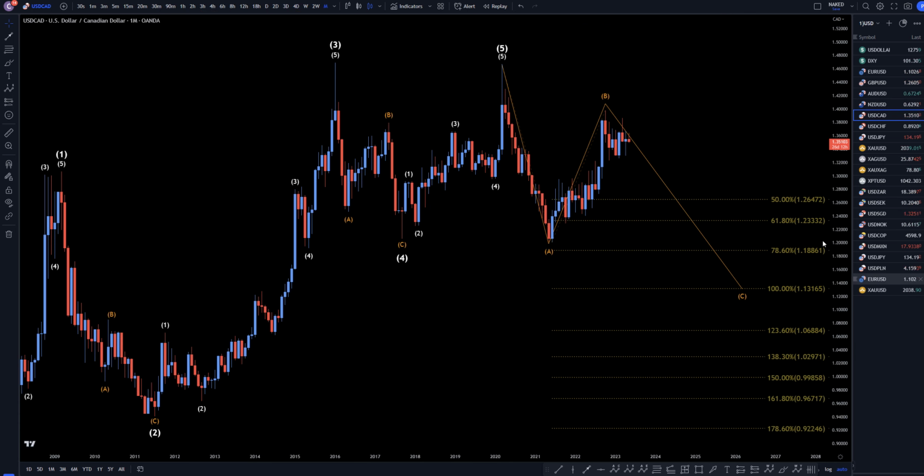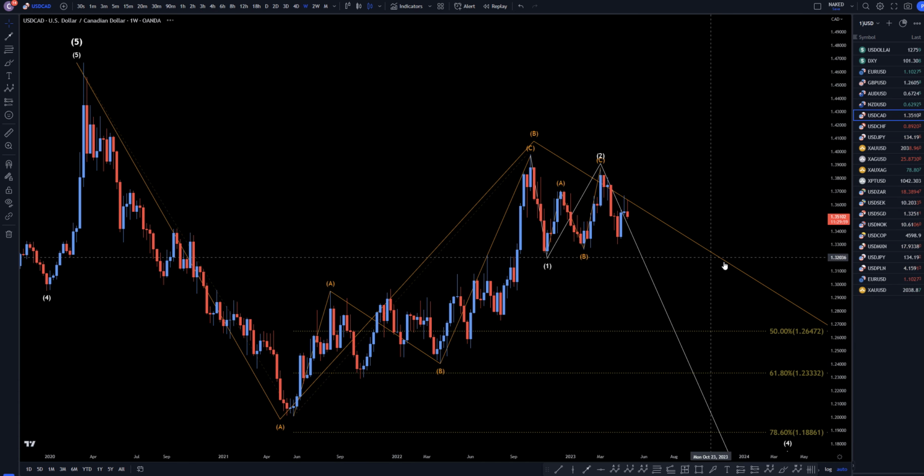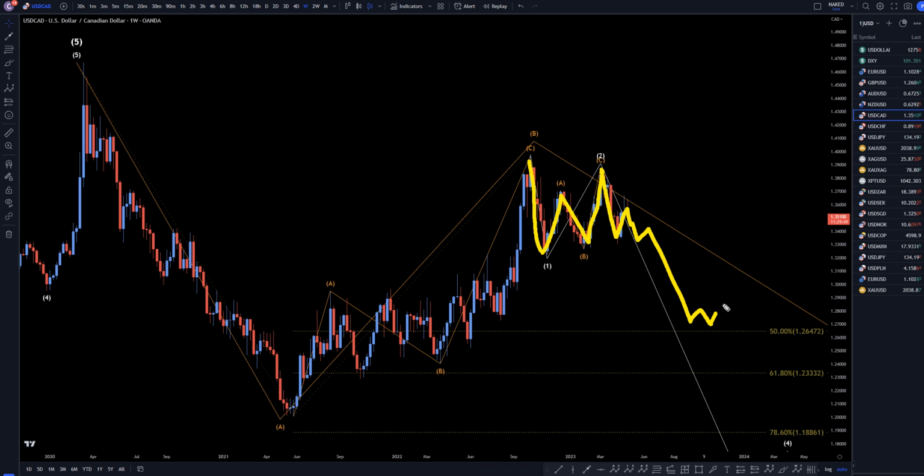So let's head down to the weekly time frame. On the weekly time frame, it does look like a nice impulsive move down, like a 1. It looks like it already made an ABC up for the 2, and I think that we're already in a wave 3 and that this is just going to keep on going down to make that pattern, like I was showing on the monthly time frame, most likely in a wave 3 of wave C. So let's keep going down to the daily time frame.